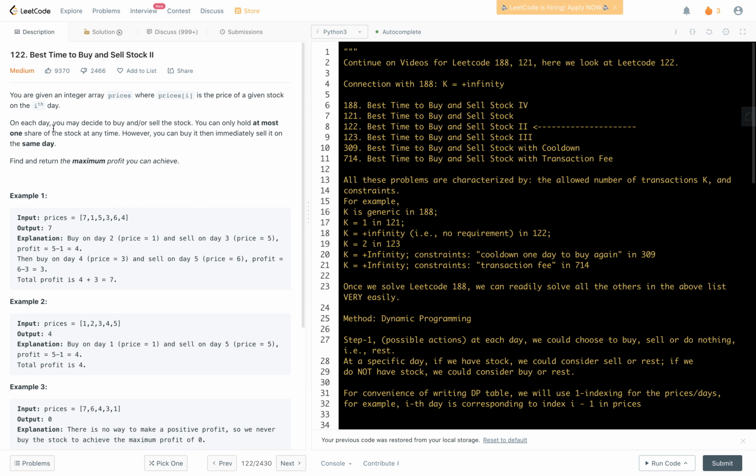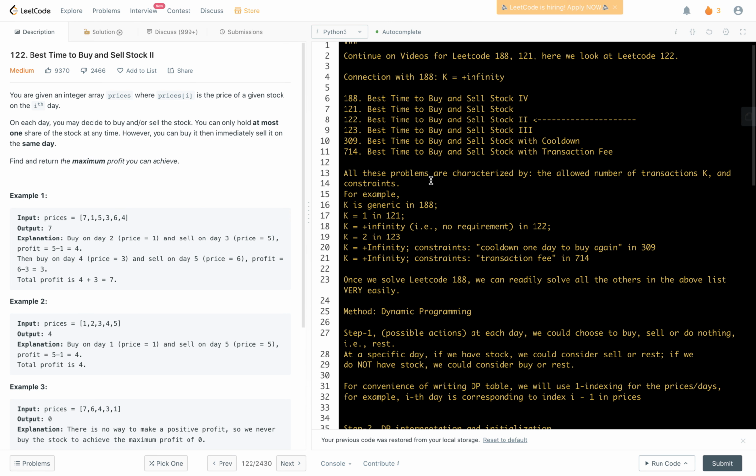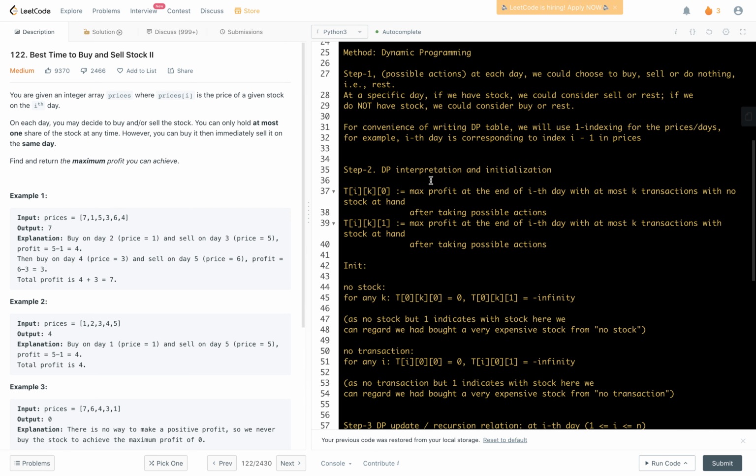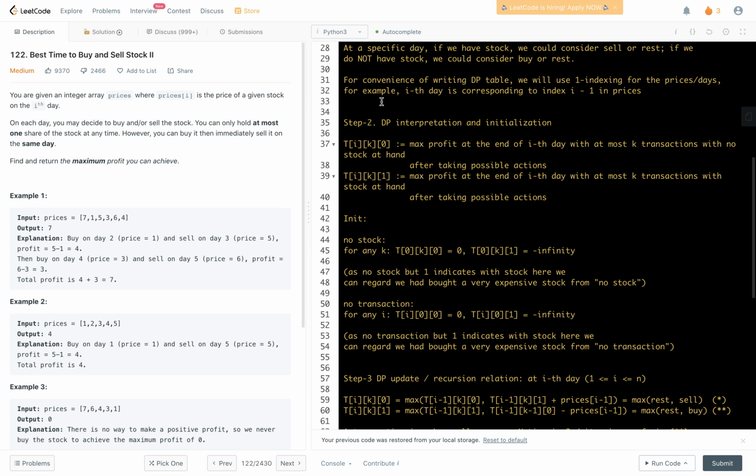So first, let's make a connection of this problem with problem 188. So in this statement, we can actually do as many transactions as we like. So this actually corresponds to the fact that the maximum allowed number of transactions is positive infinity. In other words, no constraint on the number of transactions. First, let's recall the terminologies or conventions for Leetcode problem 188, and then we're going to adapt the method there